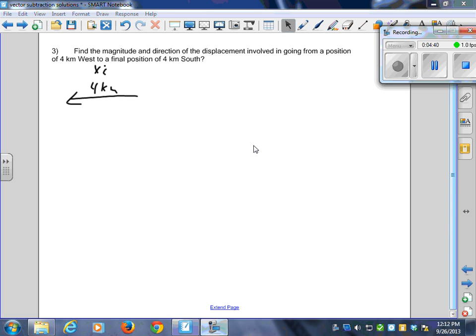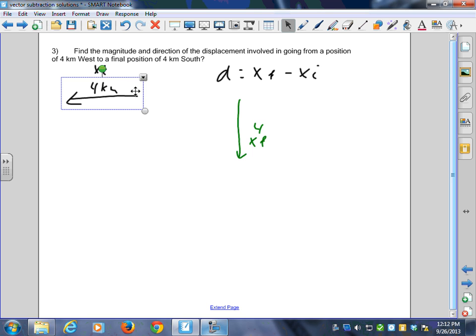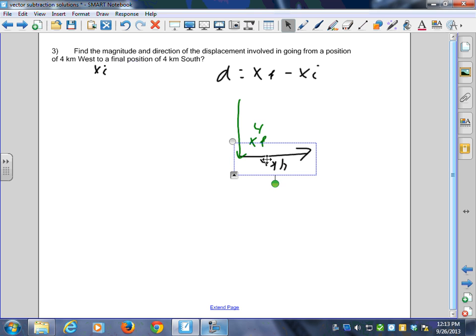Final position is 4 kilometers south. XF. Once again, displacement is final minus initial. So I take my final, I flip my initial around, add them tip to tail. There's my displacement. Once again, it doesn't say scale drawing here, so we could just go d squared is equal